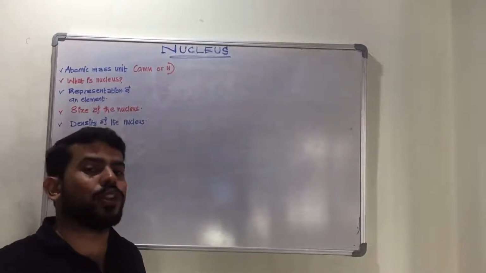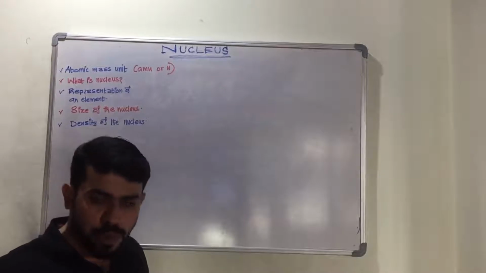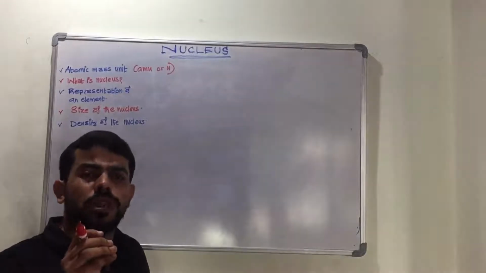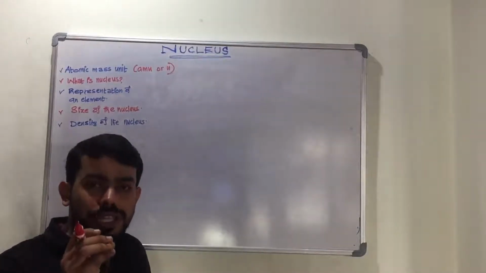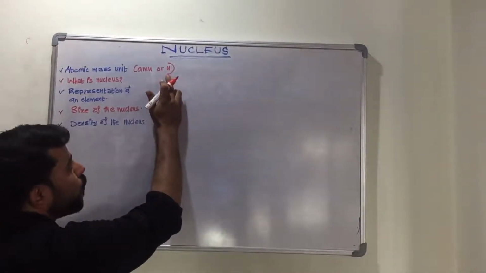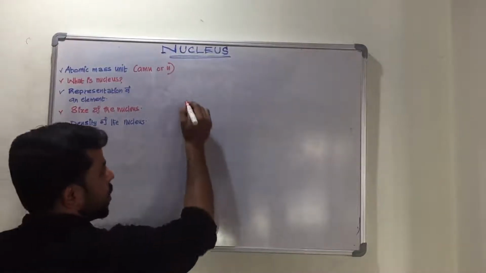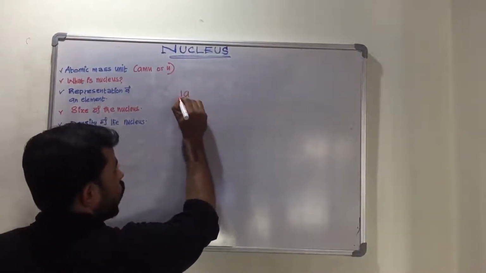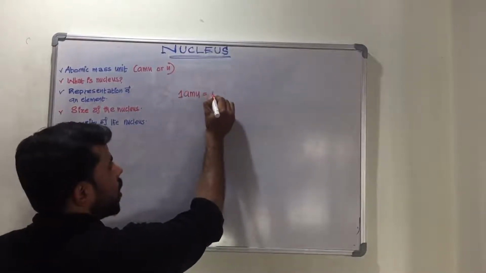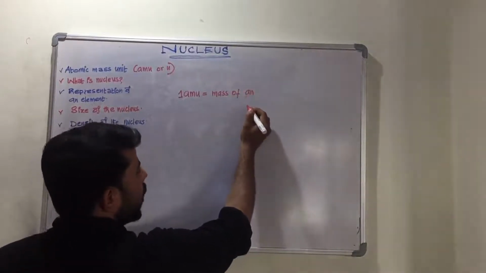Similarly, the mass of subatomic particles, the mass of a nucleus, etc. is very small. So, in order to express the mass of these small things, a small unit is used, which is called atomic mass unit or unified mass. The definition of atomic mass unit is that 1 AMU is actually the mass of an atom of carbon 12 isotope